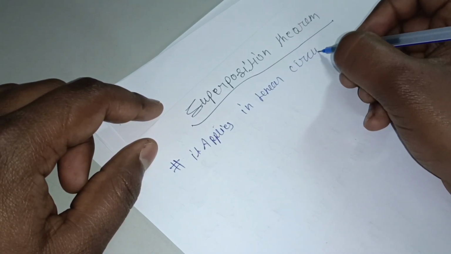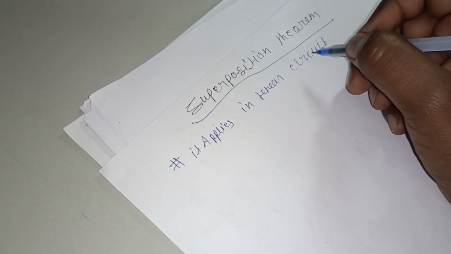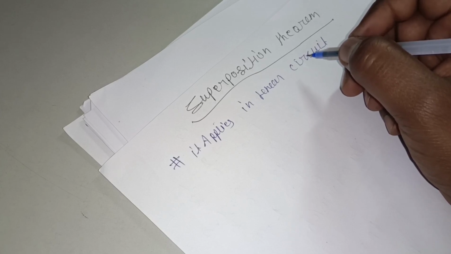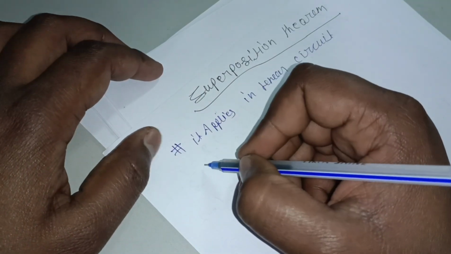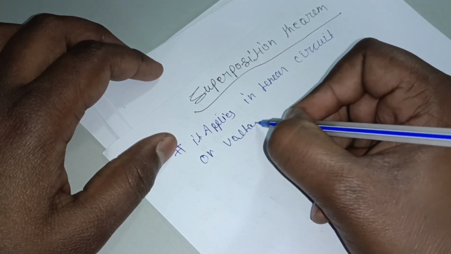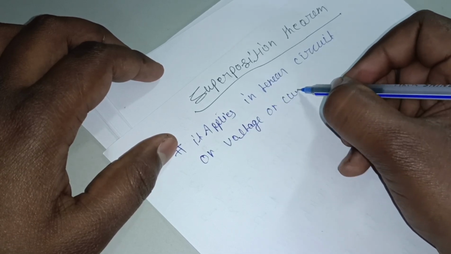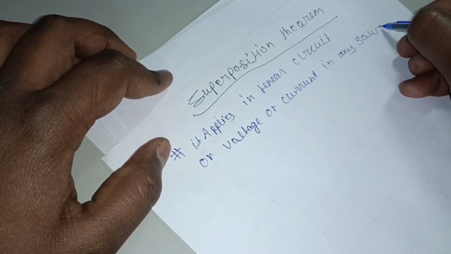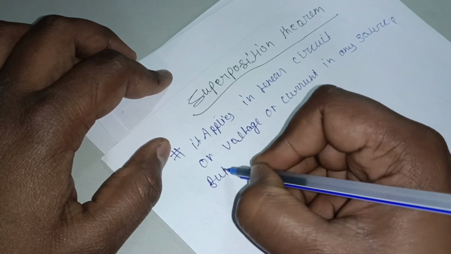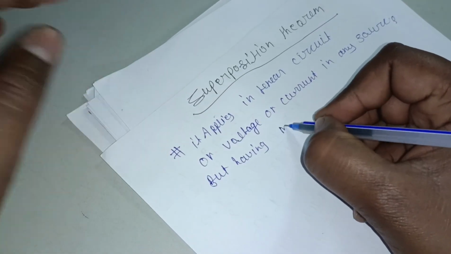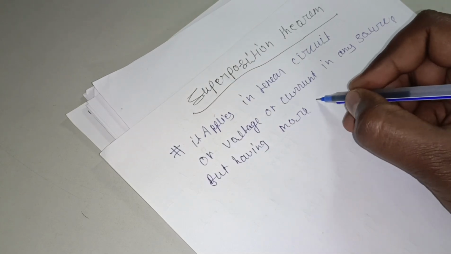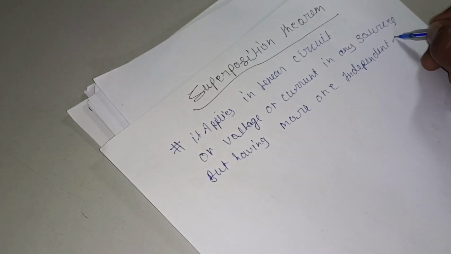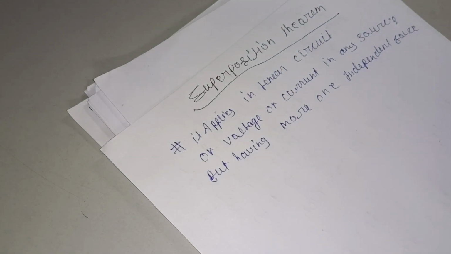It applies in a linear circuit, with voltage or current sources, but having more than one independent source. Okay,